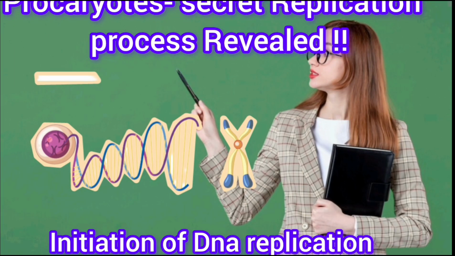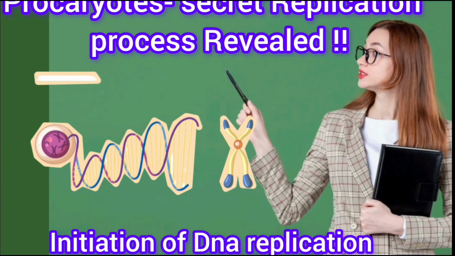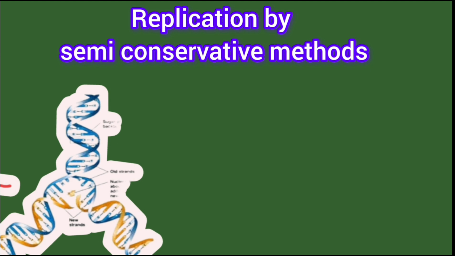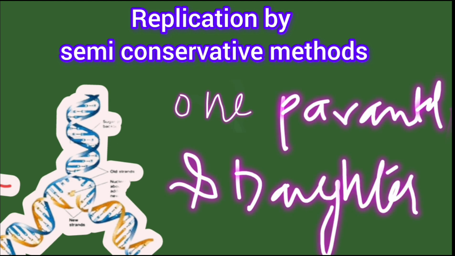DNA replicates by using semi-conservative methods that result in the formation of double-stranded DNA with one parental and one daughter